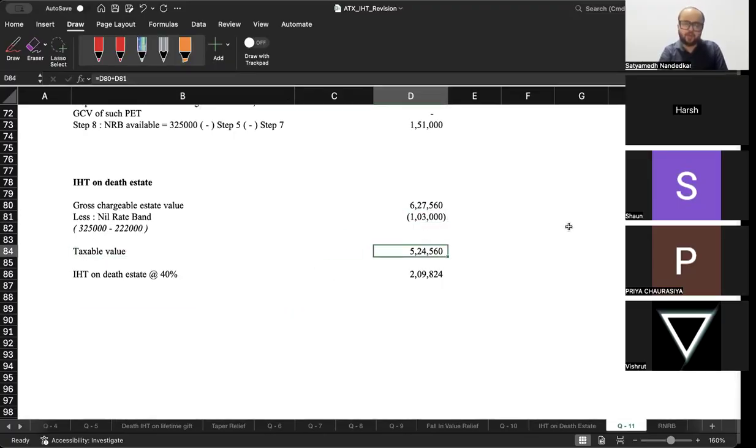आपको टैक्सेबल वैल्यू मिला 524,560। ठीक है।